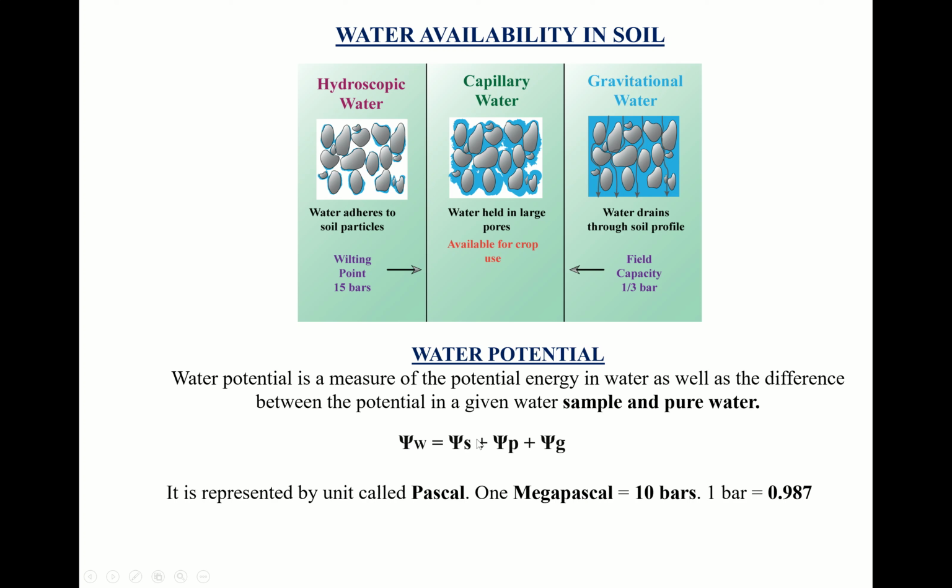So there will be questions like what happens if the solute concentration is low, and what happens to the water potential. Just remember, as I already talked about, that if you increase the solute concentration, naturally the water potential value will be decreased. So if solute potential is less, then obviously the water potential will be very high. If the pressure potential is more, then obviously the water potential is also more.